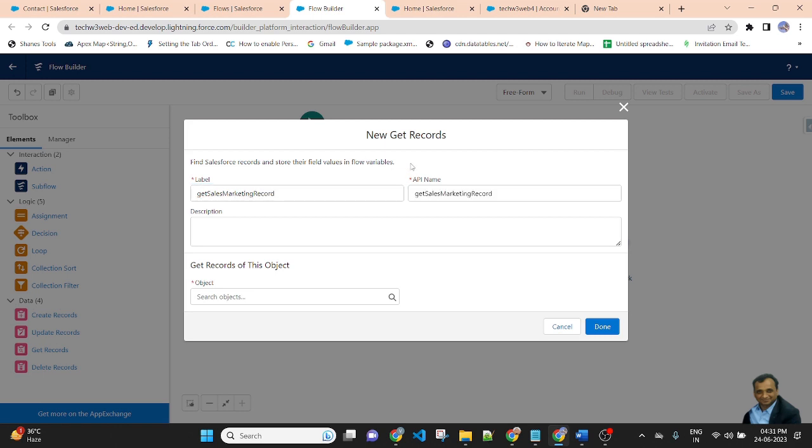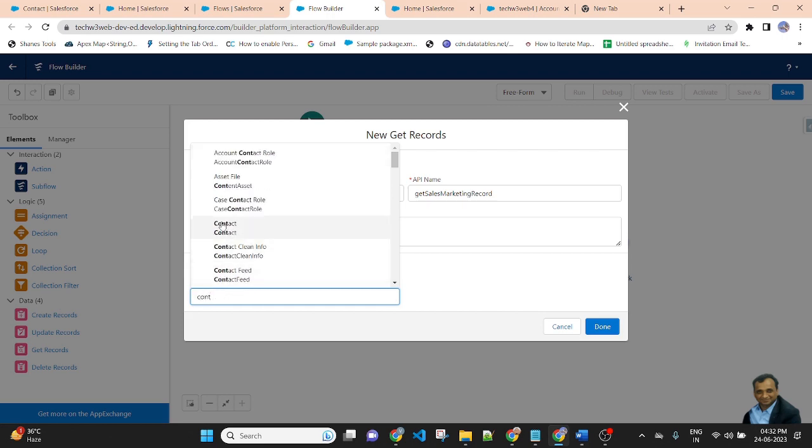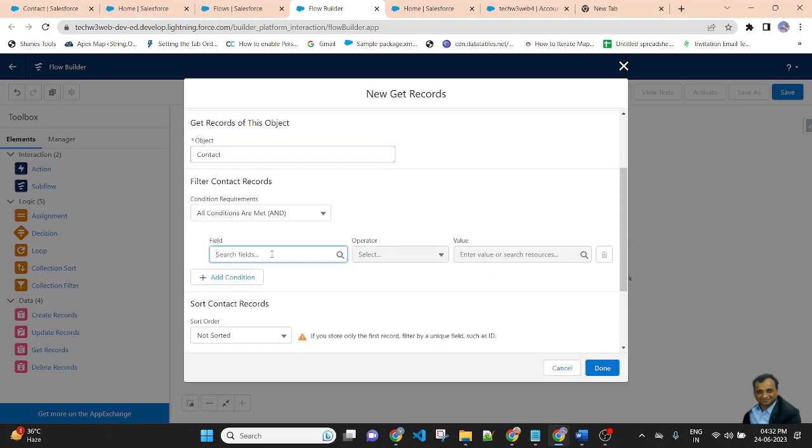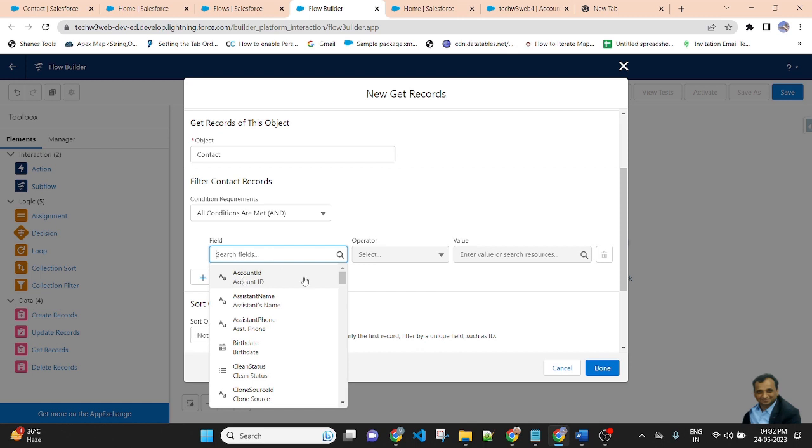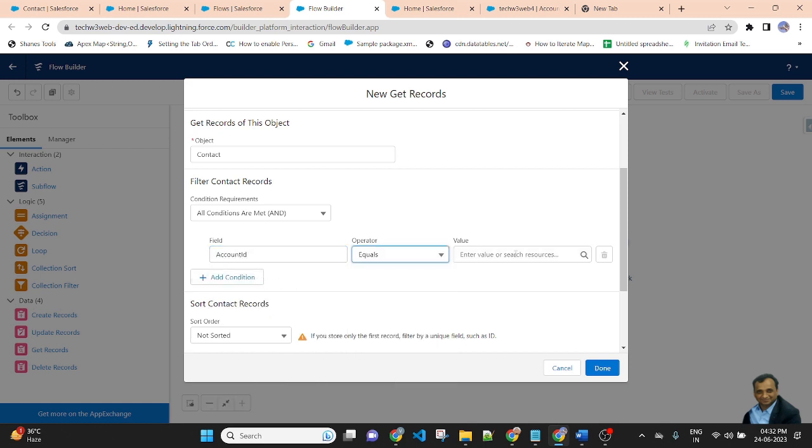I will get a related list that belongs to the Sales Marketing team of contact. So object name will be Contact, and here the record ID is the lookup field between account and contact. Record ID is equal to record. Record is a global variable.